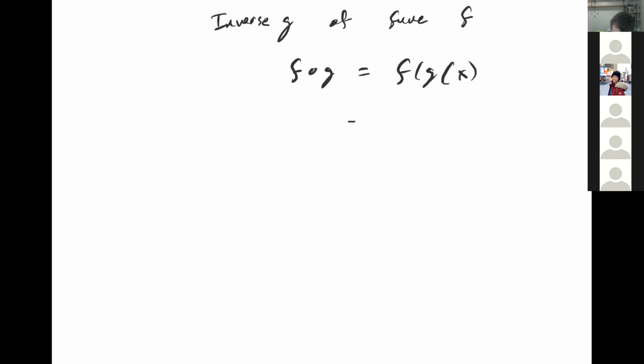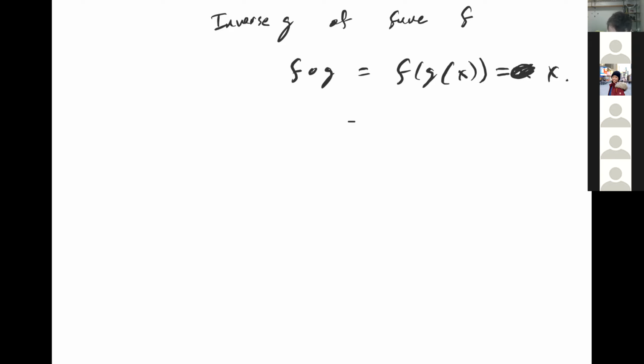So recall that the definition of an inverse g of a function f is a function such that f composed with g, which is equal to f of g of x, is equal to x, okay? And likewise, if you're taking the derivative,